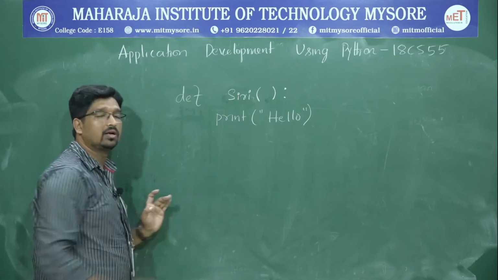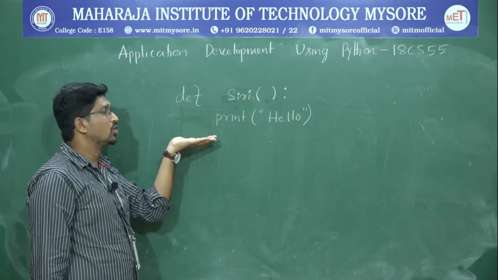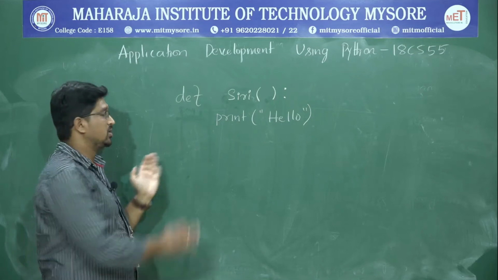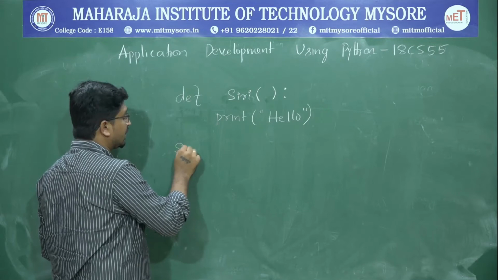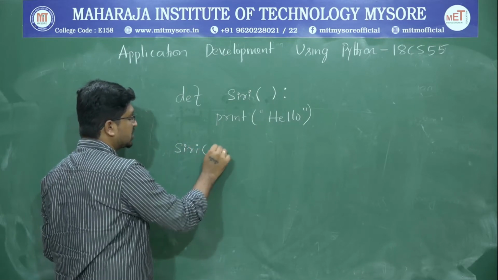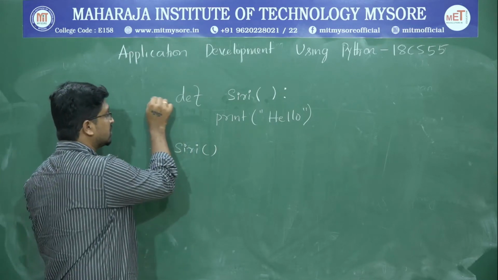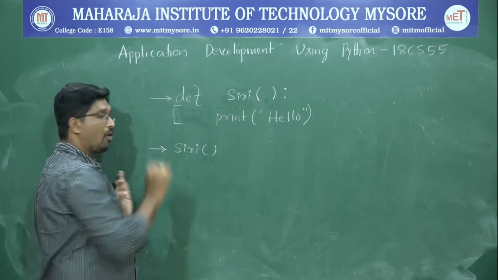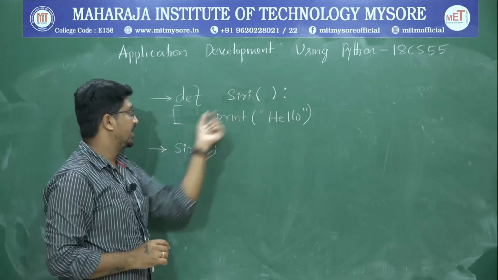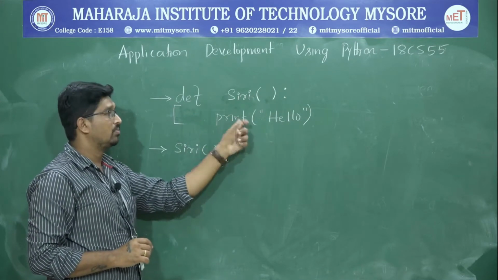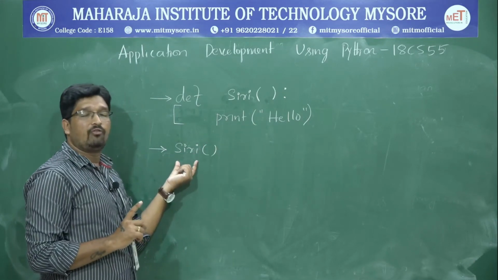I don't have any other statement to be executed by this function, so I will close it. Closing just means coming back out of the indentation. Then I will call the Siri function. This is the function call. This is the function header, with the function name and the colon, and this is the function body. The function body has only one statement to execute, and here I have a function call.